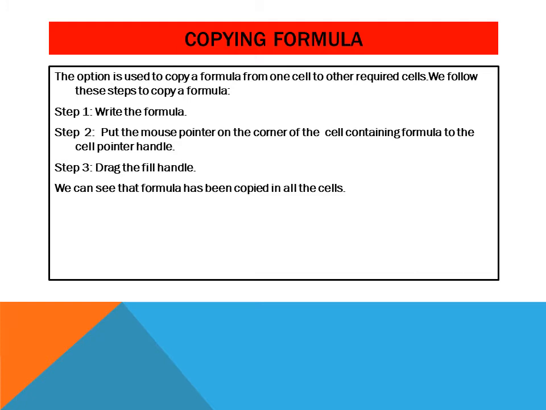Step number 3. Click and drag the fill handle using the left button to the end of the list. Now, the mouse pointer that has changed to the plus sign, we have to click on that and drag it using the left button of your mouse to the end of that list which is containing your whole data. A dotted line that appears displays the selected cells.